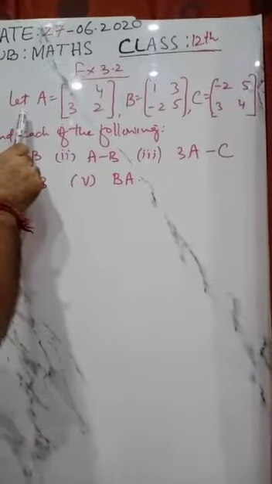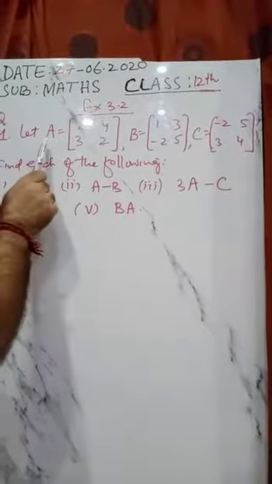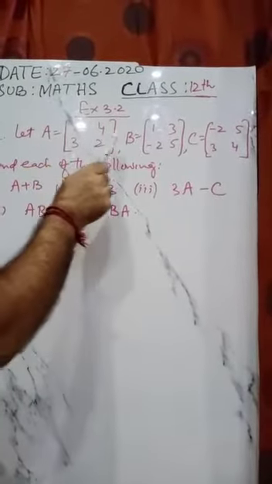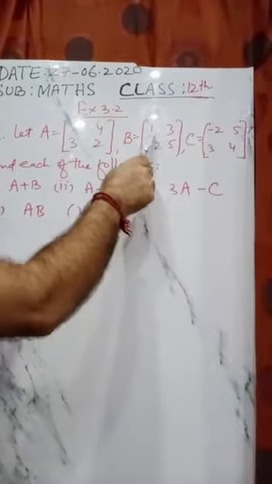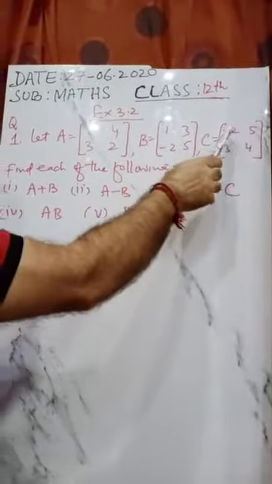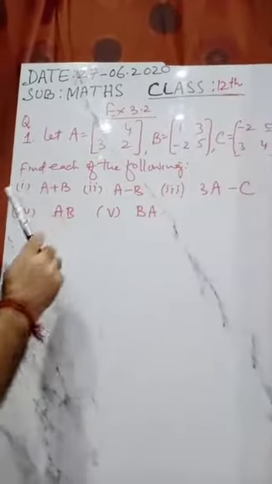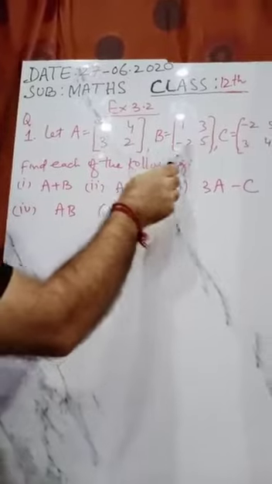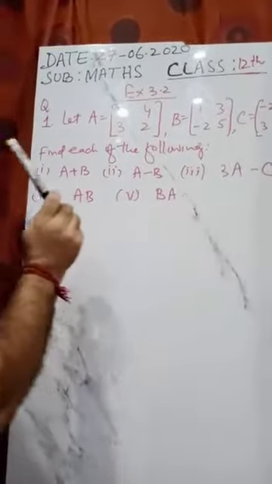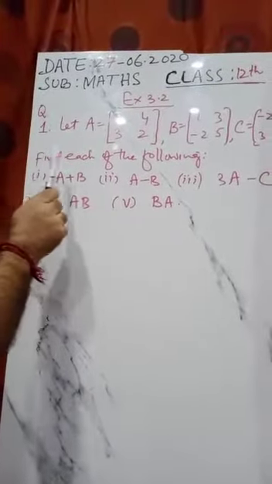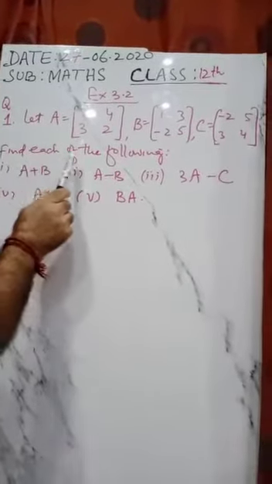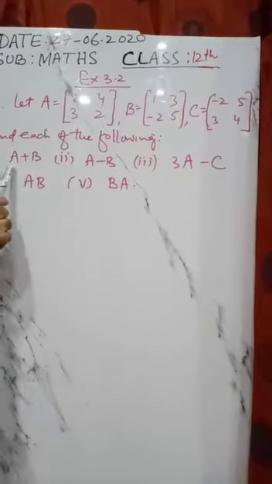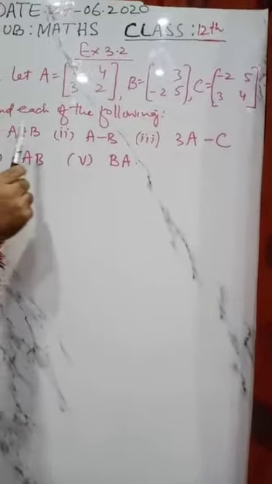The question is like this: you are given the matrices A with entries 2 4 3 2, B with entries 1 3 minus 2 5, and C with entries minus 2 5 3 4. All are square matrices because you see that they are of order 2 into 2. So therefore you have to find each of the following: addition of matrices A and B,